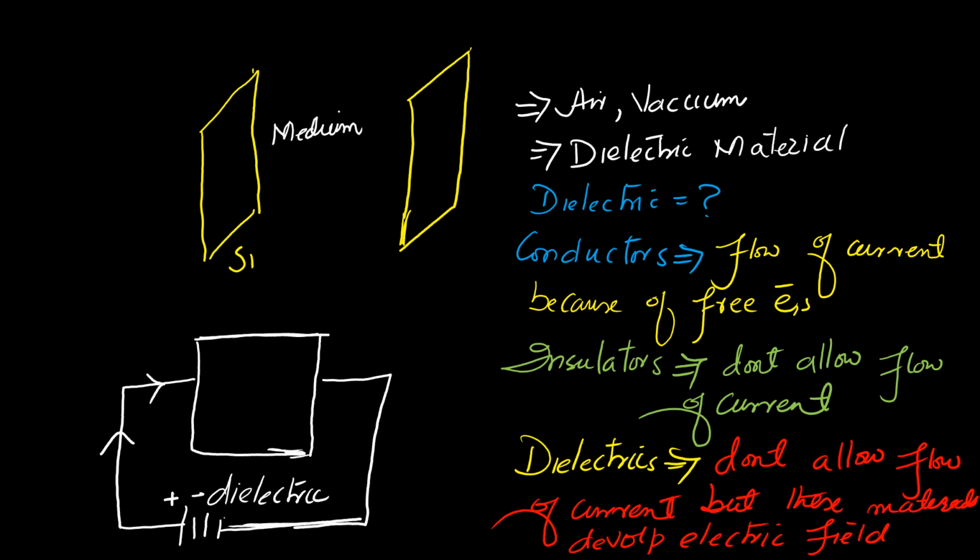However, the dielectric material gets polarized when a potential is applied on it. So there will be a generation of an inbuilt electric field due to the production of positive and negative charges or dipoles